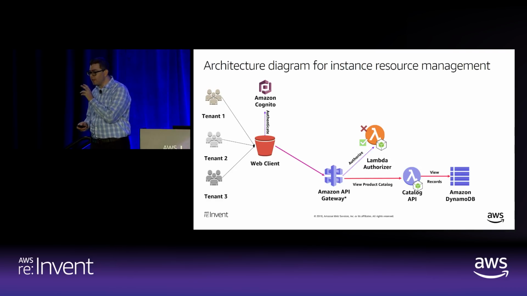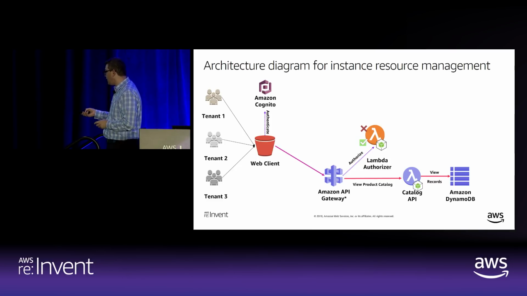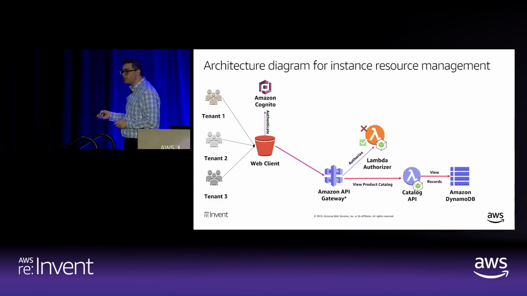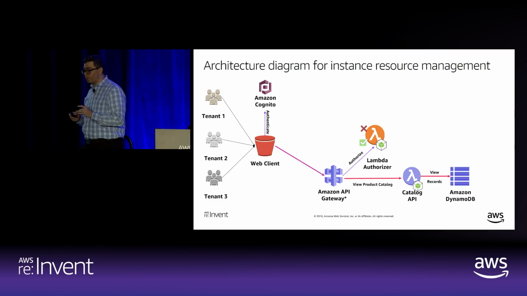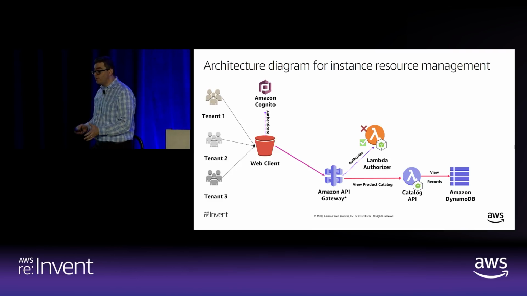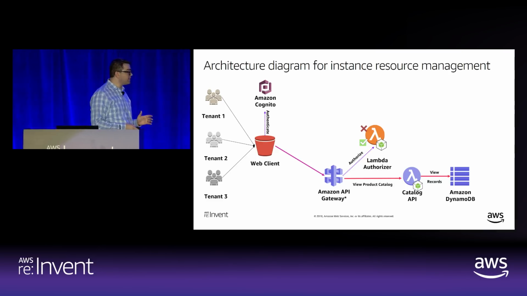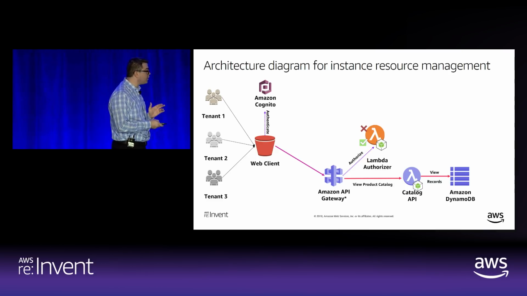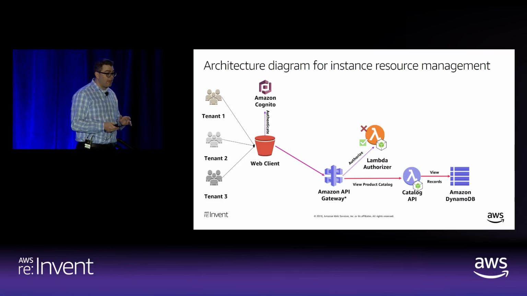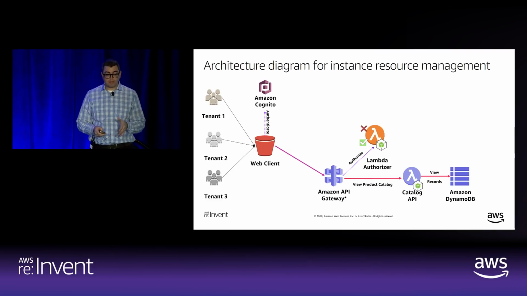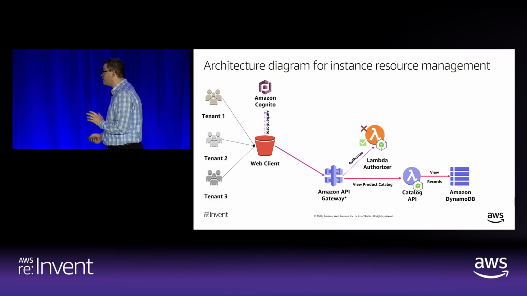What's interesting is that in my implementation, I would want to make sure that I'm gating access to who could view the catalog, because I may want to demonstrate and illustrate the private pricing. One of the challenges with exposing your pricing in a public way is that it's great for marketing to non-customers, but oftentimes it's deceiving to existing customers. When you have an enterprise discount program, it's very important for you to showcase your pricing. And the way that I do that is I have the ability to manage that catalog API and instantiate the records in that API in a multi-tenant way to showcase to you as a customer that for this product, your price is different. Very crucial as you deliver your solution.